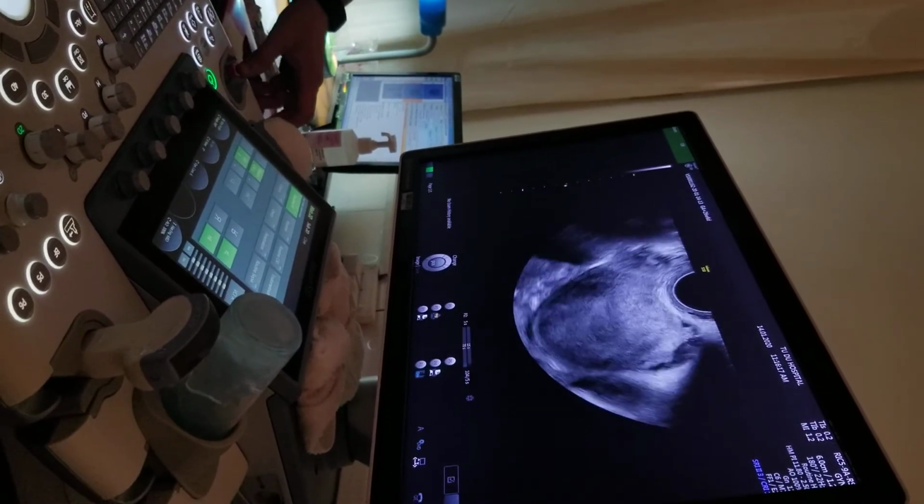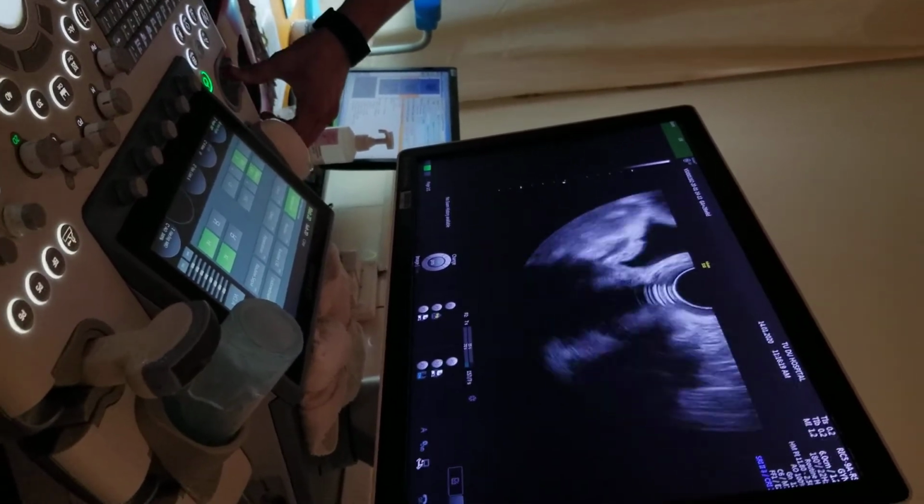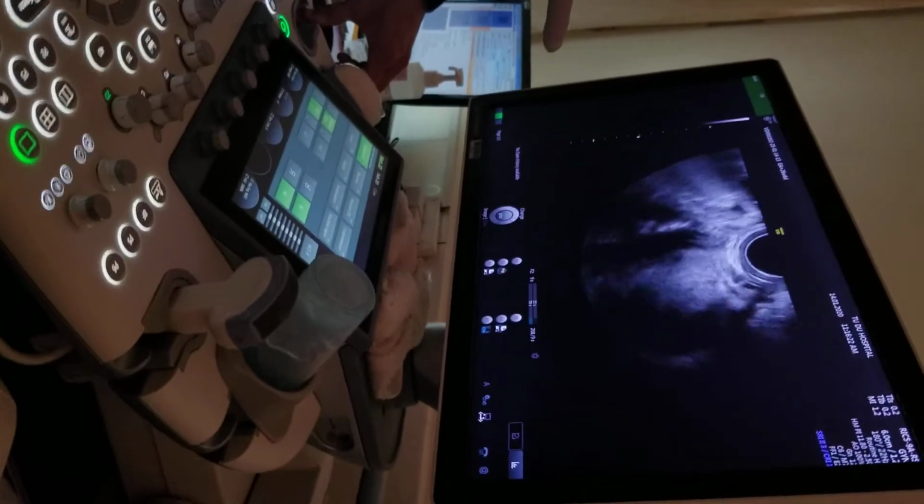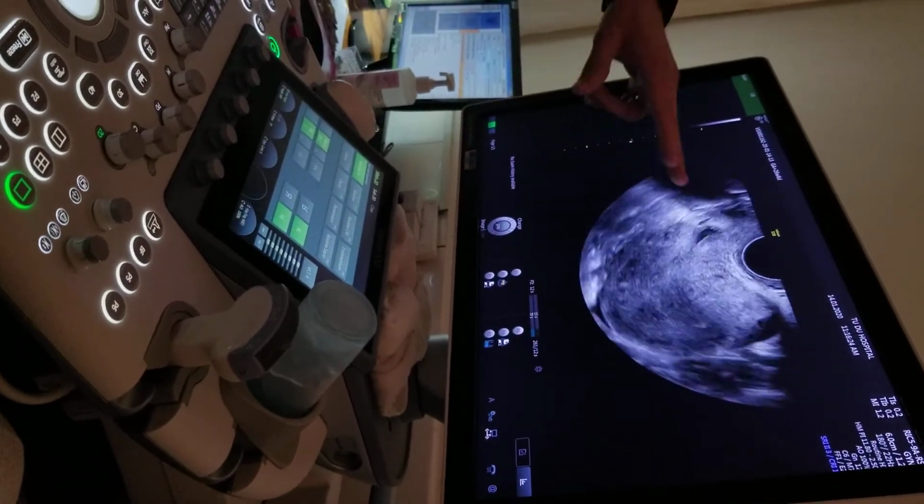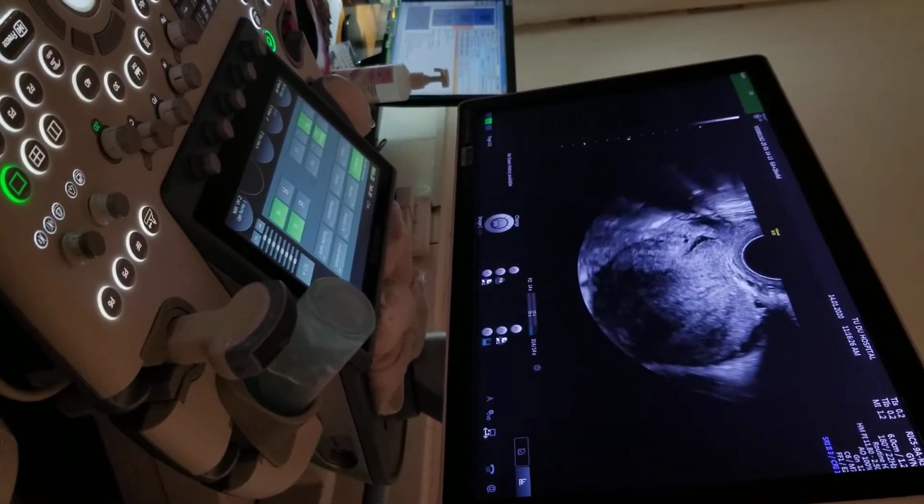Let me show you one thing. If you, as you come out, maybe on the next patient, when you go in, I want to show you how you can get the urogynecology,